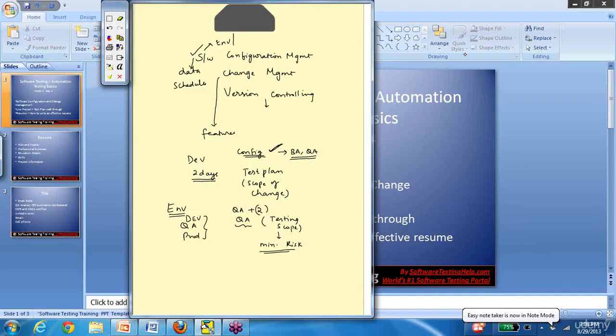So anytime a change needs to happen in the environmental requirements for a project, it is the configuration management team's responsibility to make sure all the environments are consistent, the same, and to also make sure that the documentation around these environmental requirements is also updated. Okay, so this is basically configuration management. Anything that is external to the features and that changes, it is up to the software configuration management process and the team to make sure that all changes are reflected everywhere consistently. Okay, any questions?